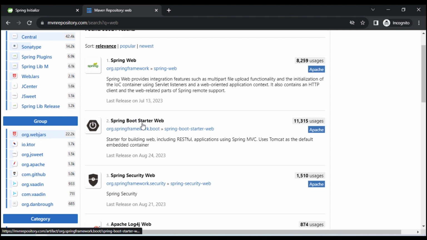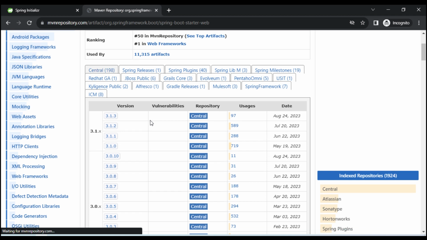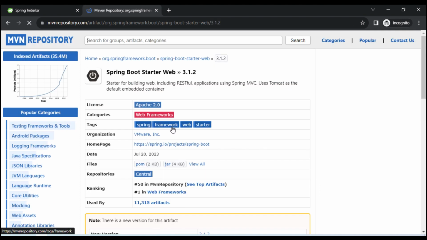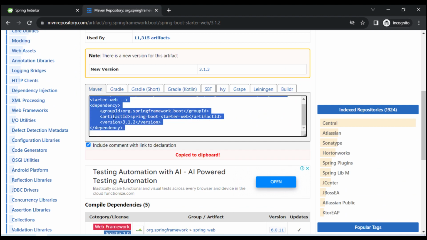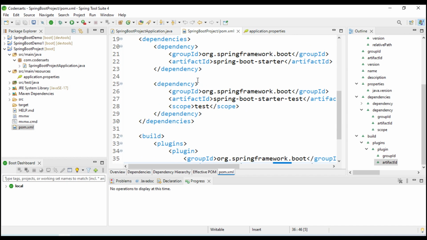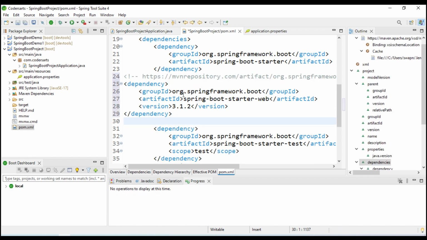So this is where we need to click on this, and after that we have to select the version of Spring Boot, that is the version of this dependency. I'm going to select this because it has the maximum uses. And we have to copy this dependency because it is a Maven project, and go to our project and paste our dependency here,